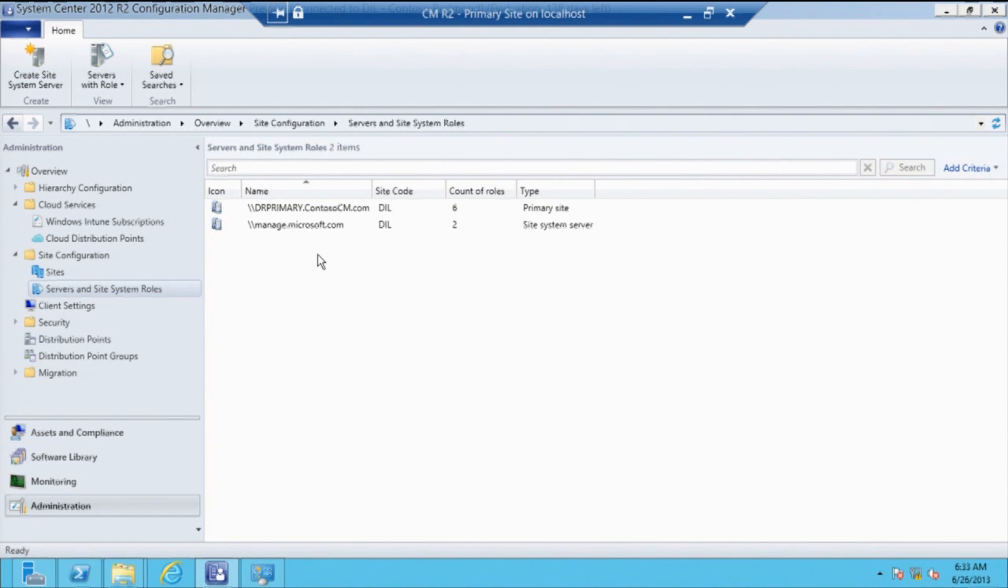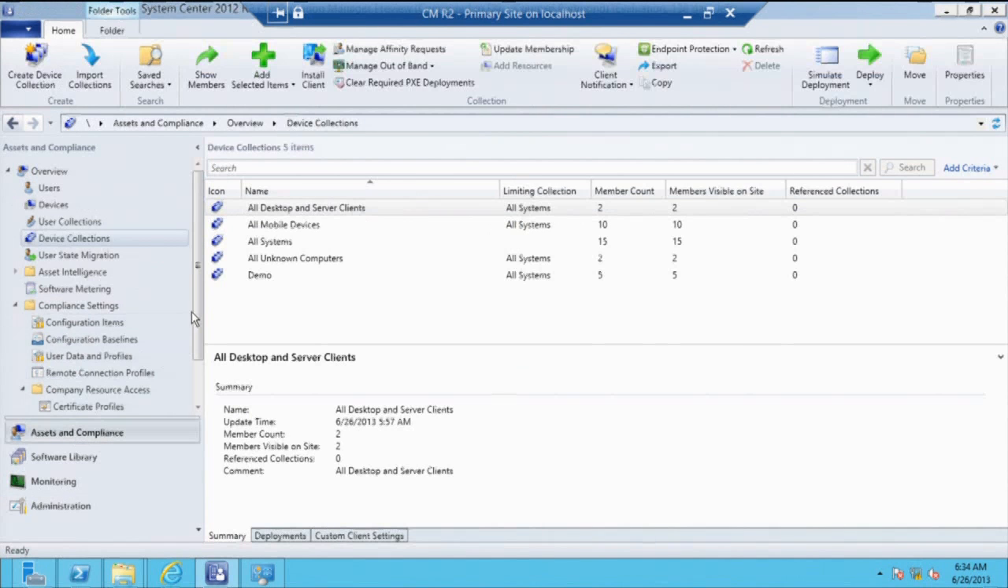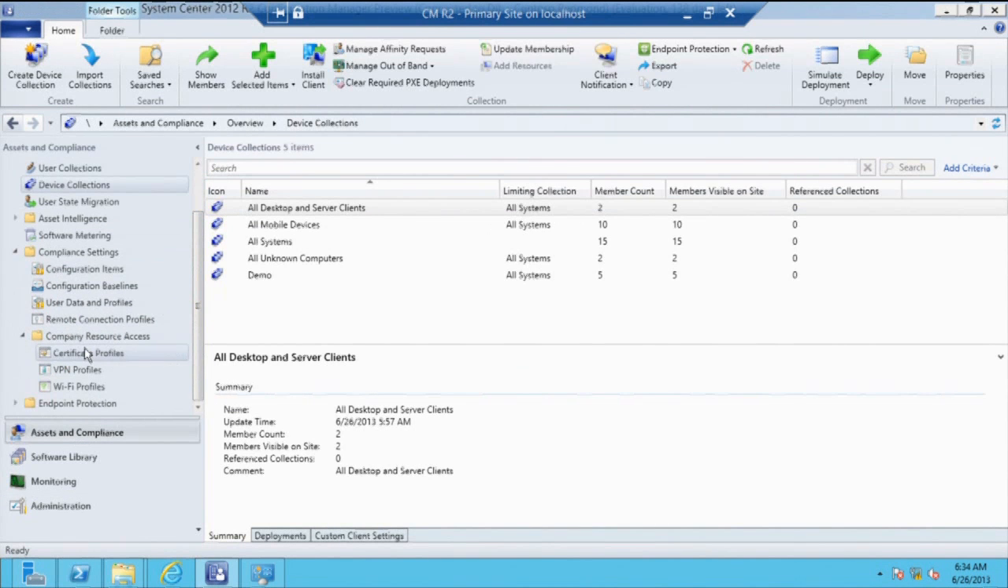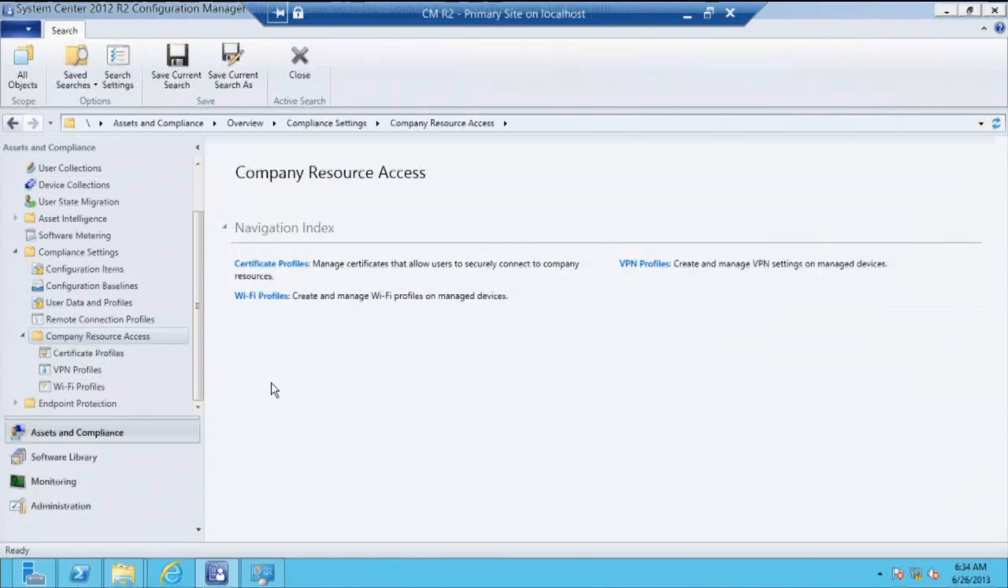devices. So the next step is users will enroll their devices, and when they bring their enrolled devices onto the CorpNet or inside the corporate network, you can enable them to access resources inside your firewall. So you can do that using a new node that we are adding right now in Configuration Manager. It's called Company Resource Access. So you can deploy Wi-Fi profiles, VPN profiles, and certificate profiles to all these mobile devices very easily right through